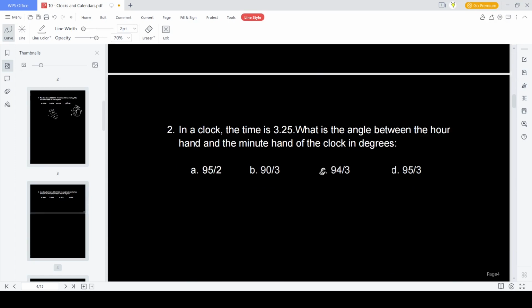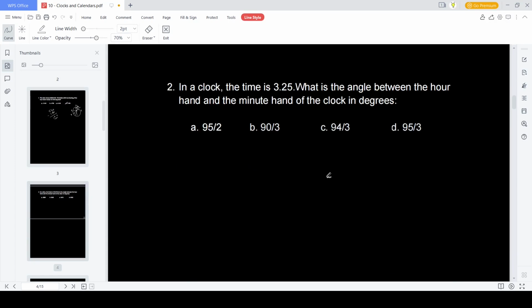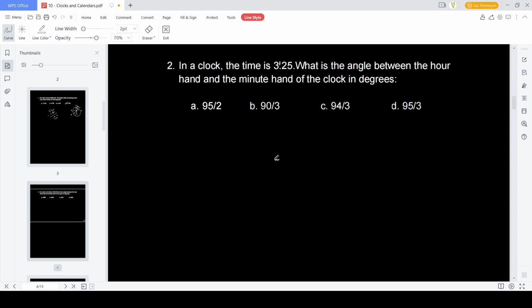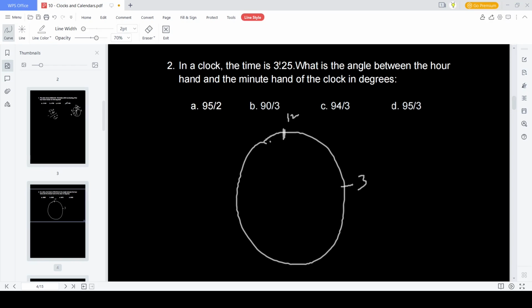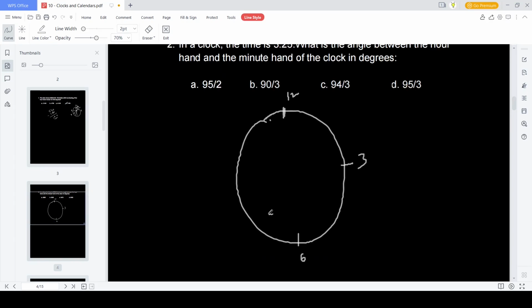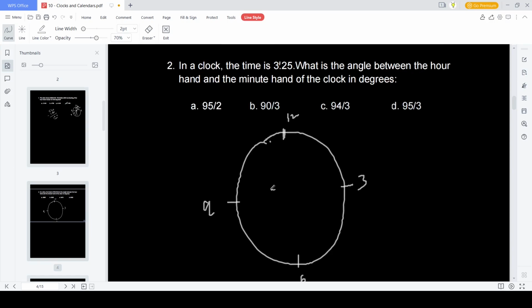Next question. In a clock, the time is 3:25, 3 hours 25 minutes. What is the angle between the hour hand and the minute hand? To do these questions, we need to understand the exact setting. Always draw 12, 3 here, 6 here, and 9 here. Sometimes there is one trick: you can take out your wristwatch and set the time and see what it's closest to, but